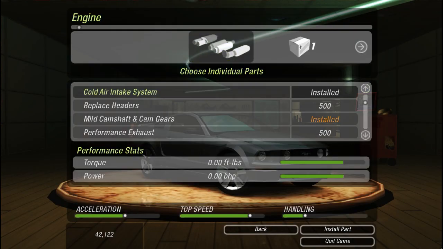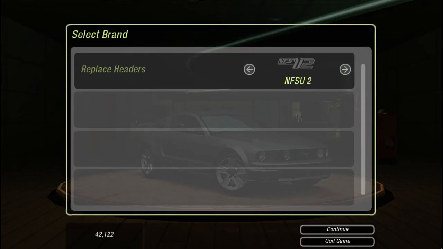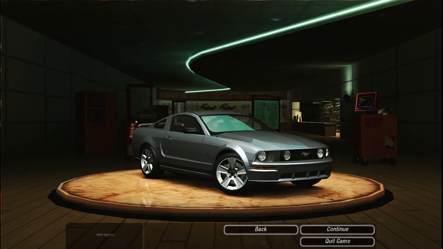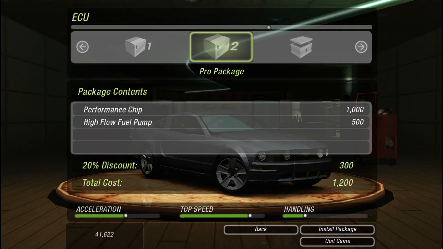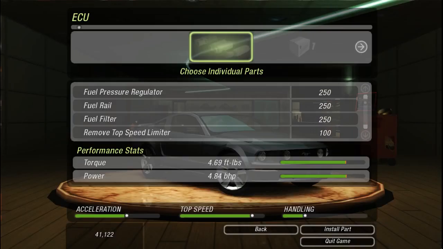And let's go with the... why not? Headers, yes. HP. And this will tell you... Yeah, okay. So there's that. ECU. And, okay. Let's go with the high-flow fuel pump. Basically, just look at the,